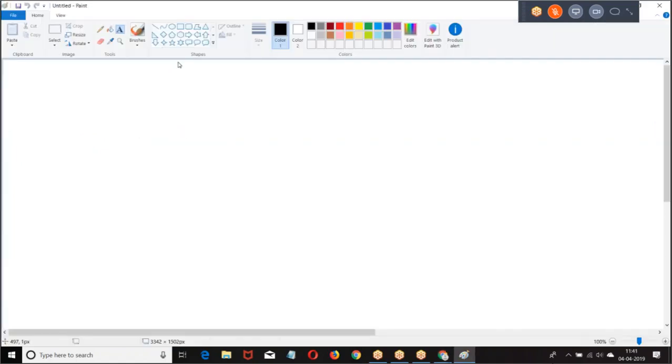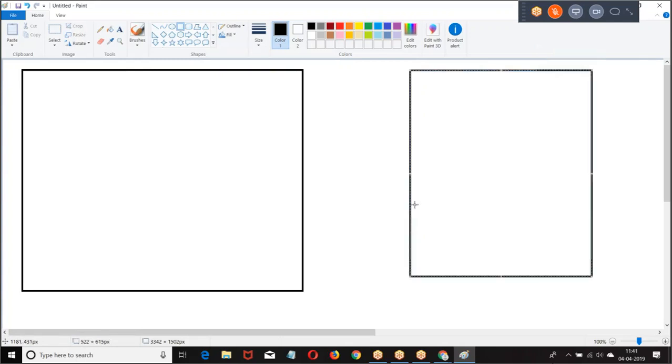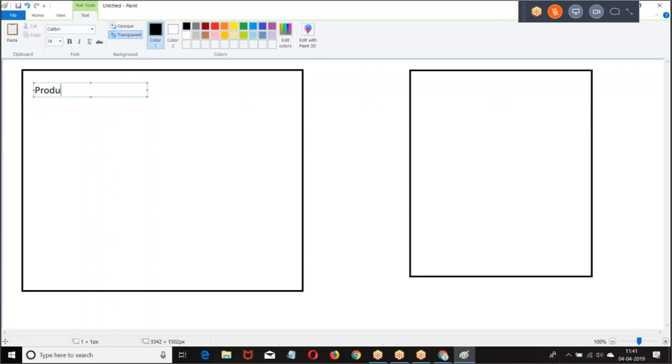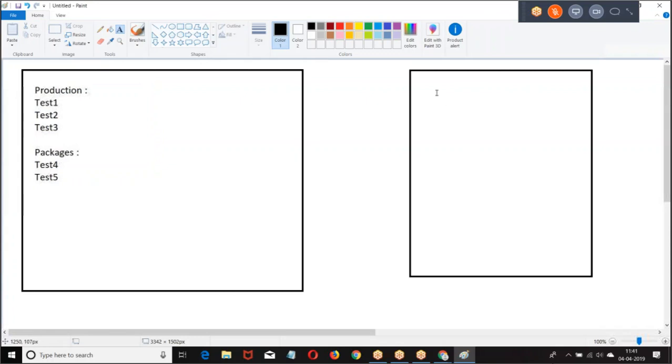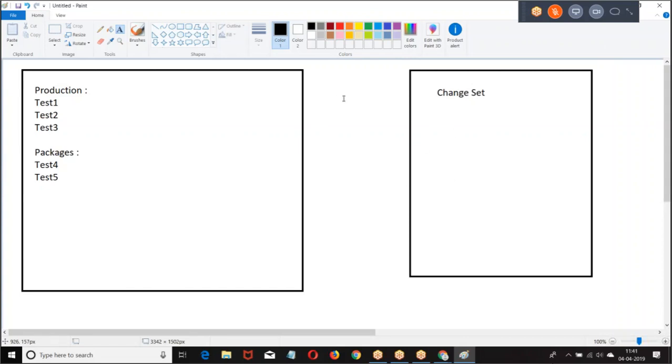The change set on a production. Here in the production, I have test class 1, test class 2. I have packages. So I have test class 4. Now this is a change set. In the change set, there are no test classes.